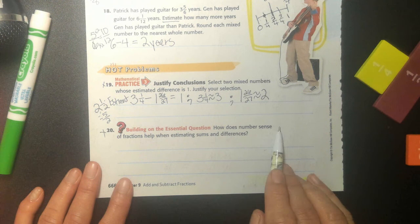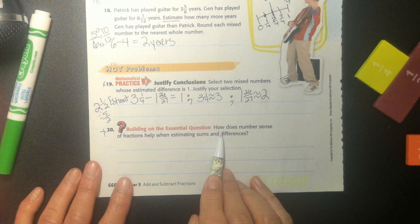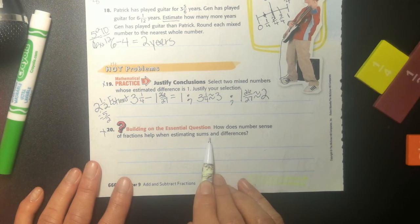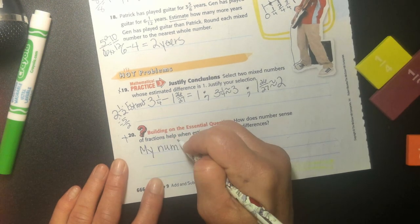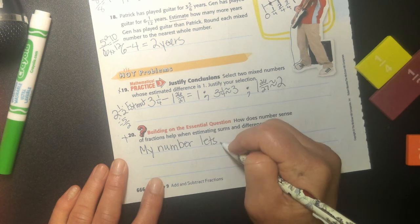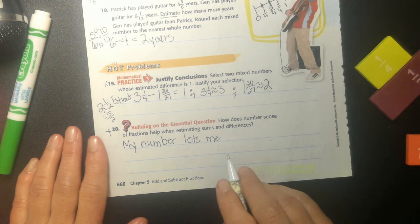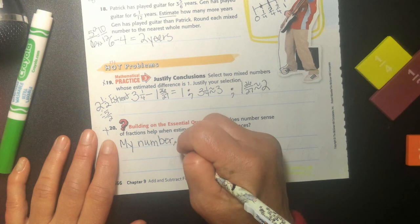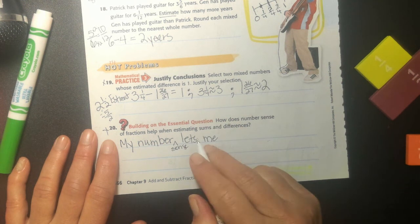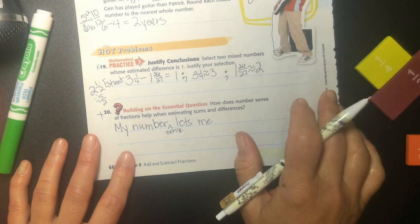All right, how does number sense of fractions help when estimating sums and differences? Right, so number sense lets me know when I get to 1/2, whether I round up or I round down. So my number sense, it's like a spidey sense, right? You're like, I feel like it should be this. It's like Spider-Man has his senses. He has to figure out what he's doing. So you're having a sense. My number sense lets me